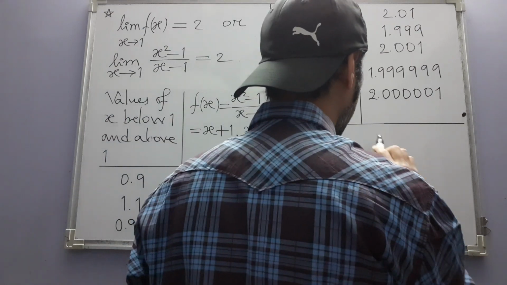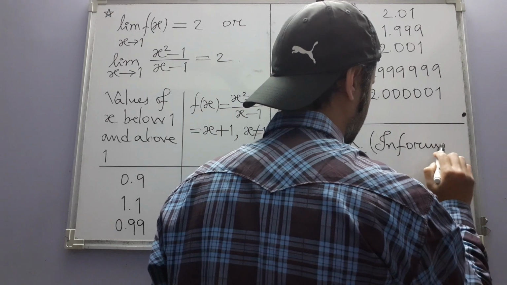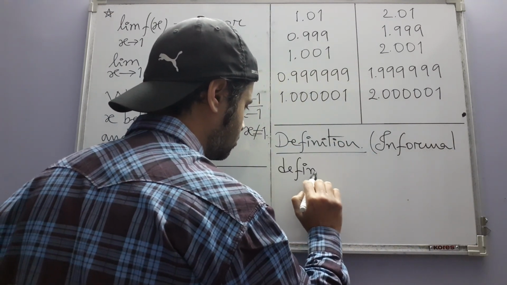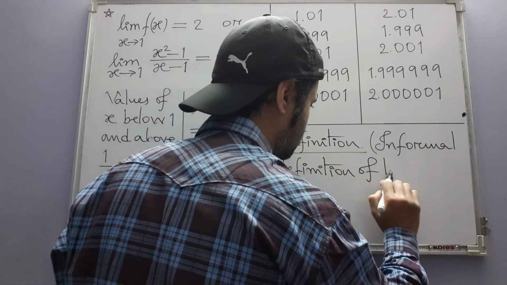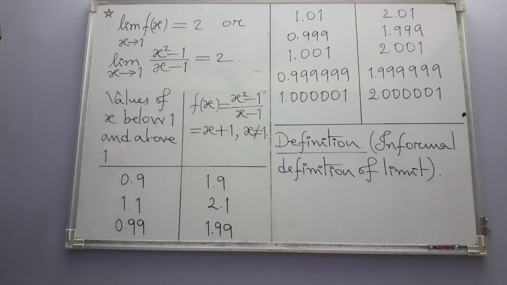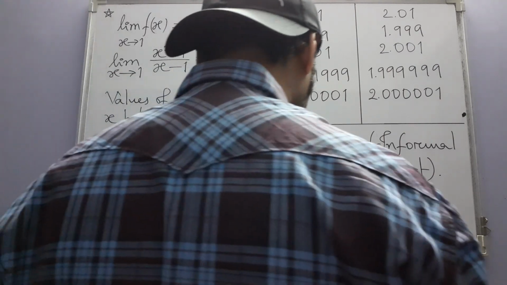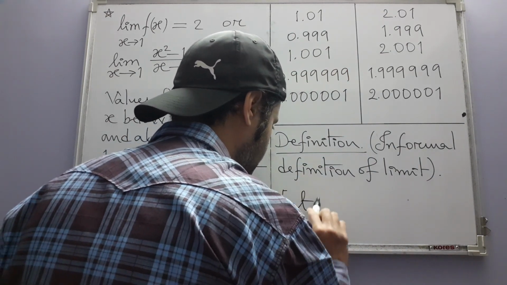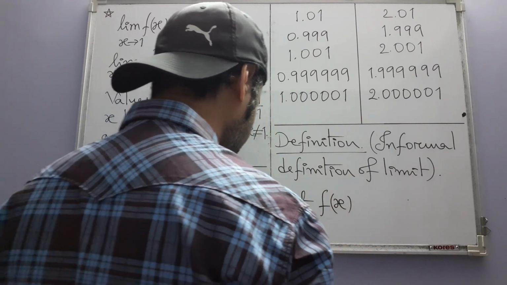So this definition will be called informal definition of limit. There is a reason for it to be informal that will be discussed afterwards, and the definition is this: let f(x) be defined